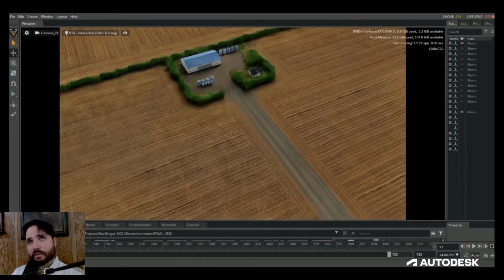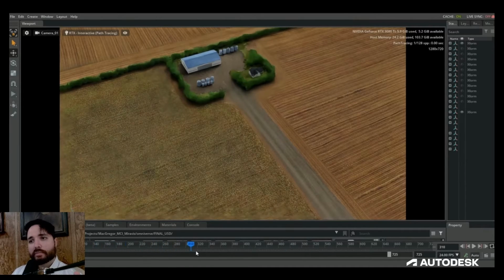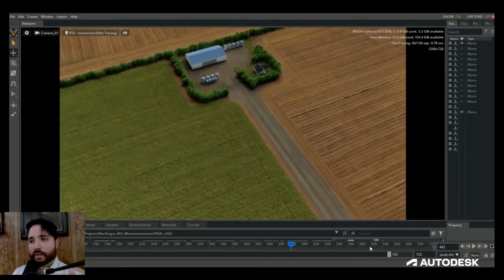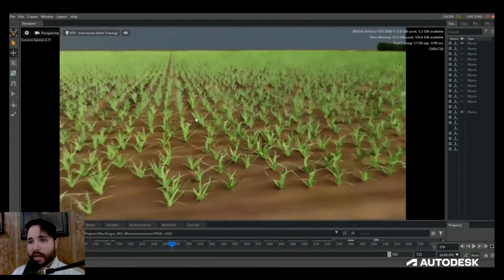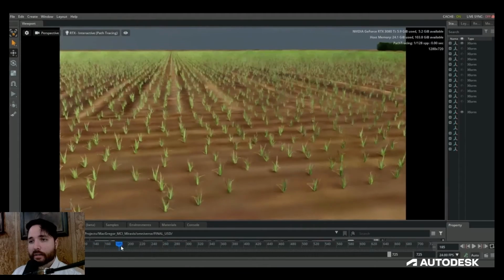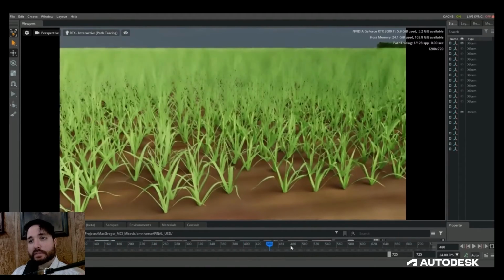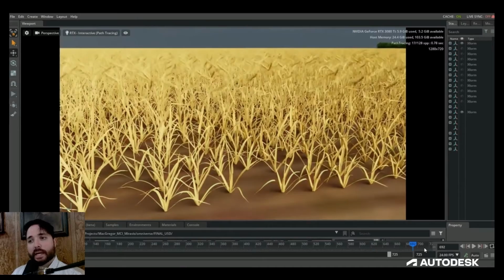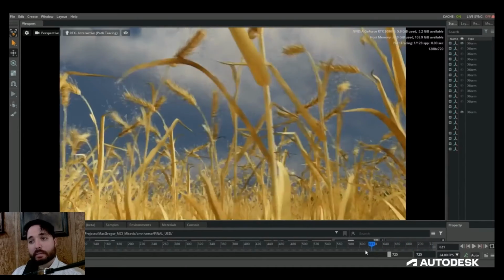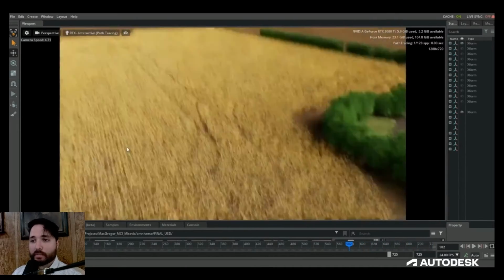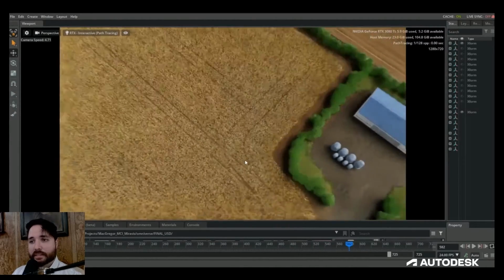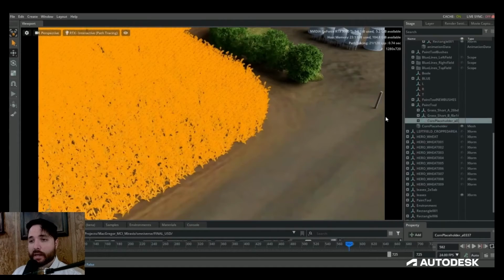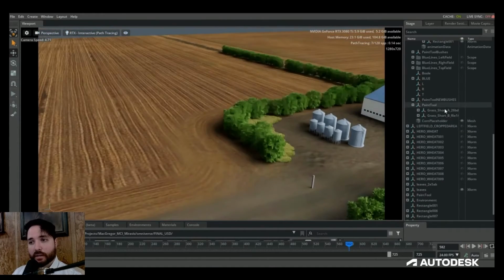So I was tasked on a recent project with creating a farm with wheat fields that had to show the various growth stages of wheat. So I animated a wheat plant in 3ds Max, and I used the Morpher modifier to animate between the various phases of growth. I then exported that animation from 3ds Max as an Alembic file. Now what's cool about Omniverse is it has an extension called the Paint extension, where you can add instances of animated geometry into your scene by either flooding or painting them onto objects.